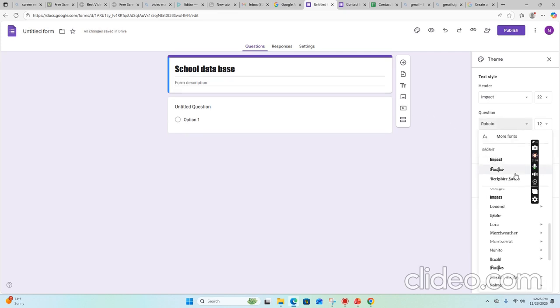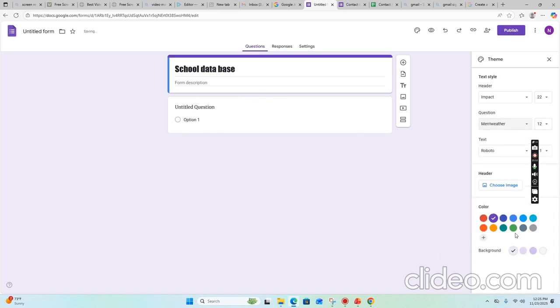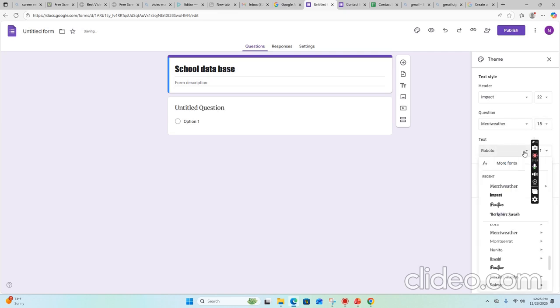And about the question, the type of the question, what you need to like, change the font type and size too, and which the ticket you will enter